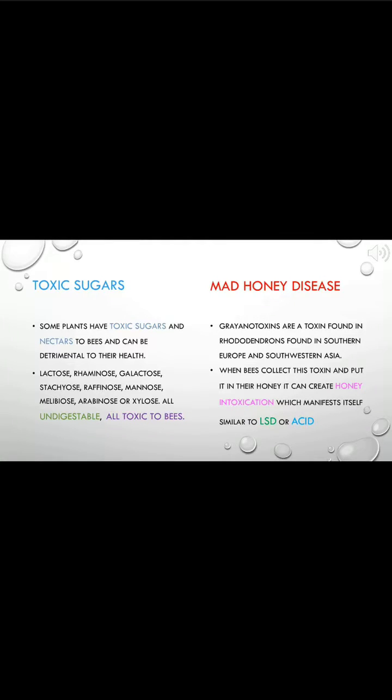There is nectar that is toxic to humans as well as honeybees. Toxicity comes from the alkaloids in the nectar. This toxin can lead to alkaloid poisoning in humans if consumed in large doses.